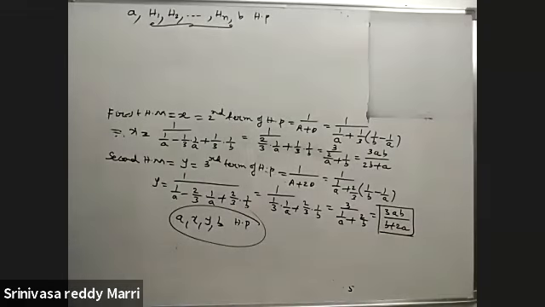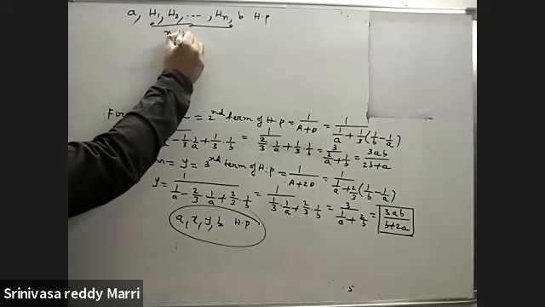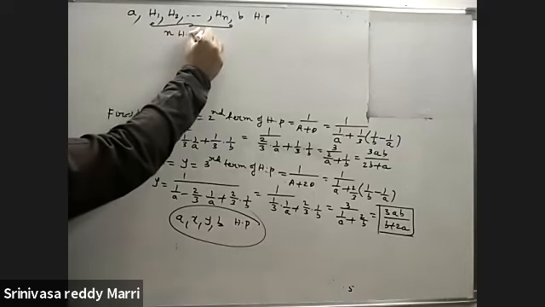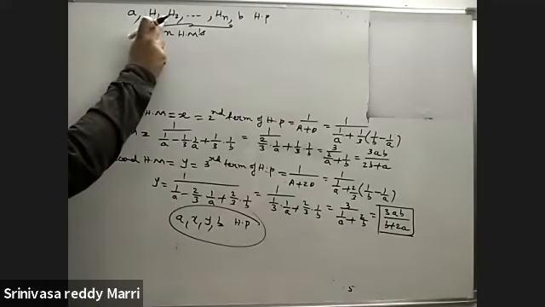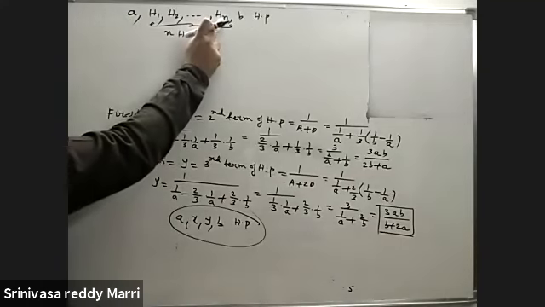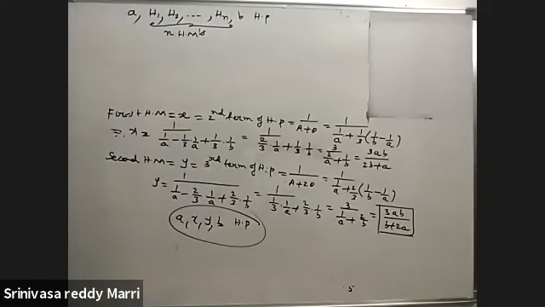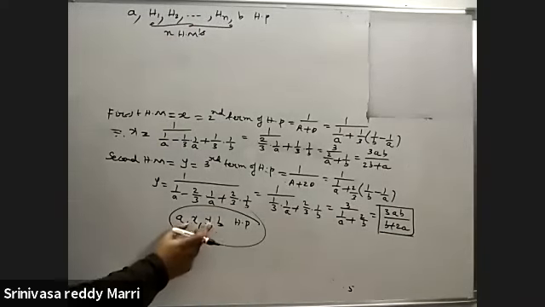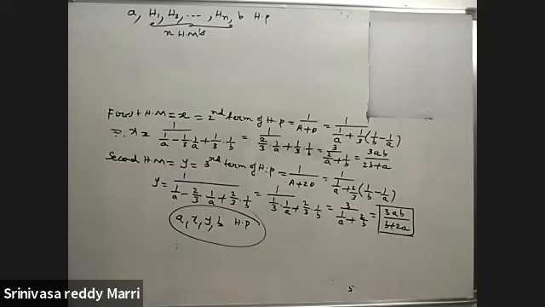Between the first term and the last term, n numbers are there. These are called n HMs. This is the first HM. This is the second HM. This is the nth HM. Like that, n HMs are there. Just like here, two HMs are there. This is the first HM. This is the second HM. Like that, in between, n HMs are there. Then